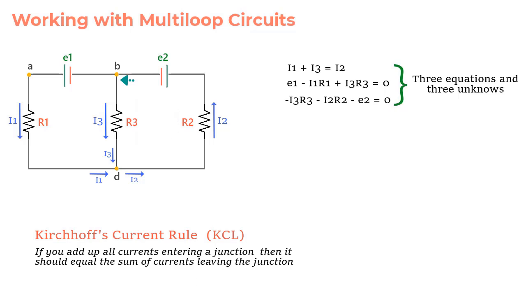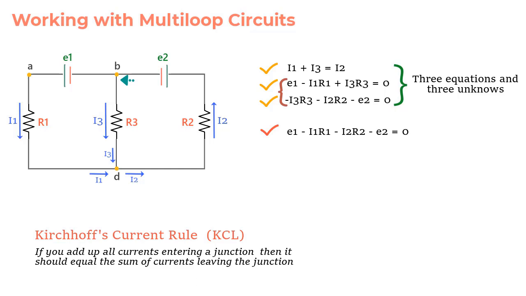Well, you could have also applied the loop rule to the big loop, and the equation you would have got moving in counterclockwise direction starting at B is E1 minus I1 R1 minus I2 R2 minus E2 is equal to 0. But you see, this is not of any use. This equation is of little use since we already have our three equations, and this one is anyway the sum of these two equations. Okay, with this in the background, let us work around resistors in parallel